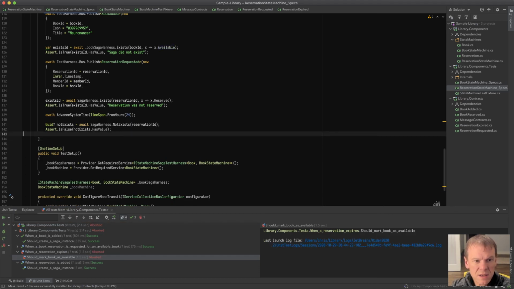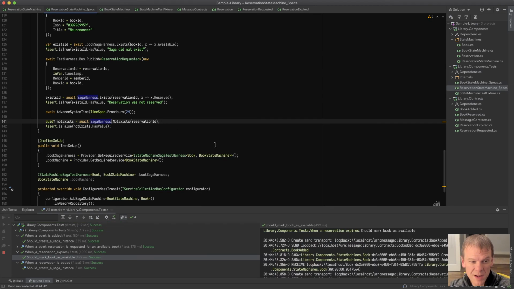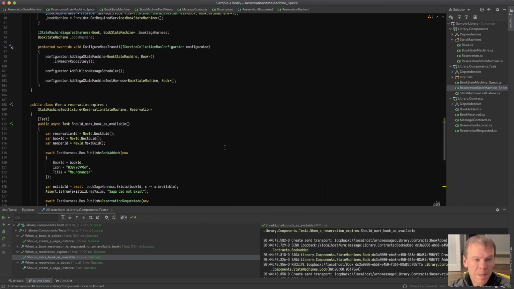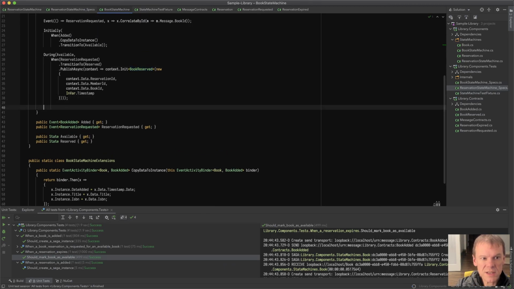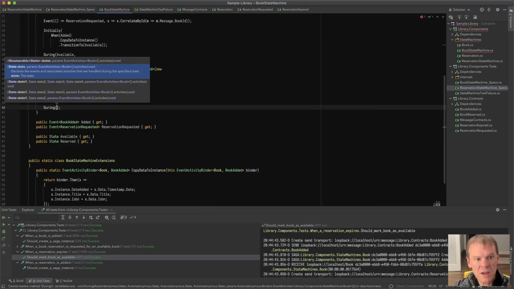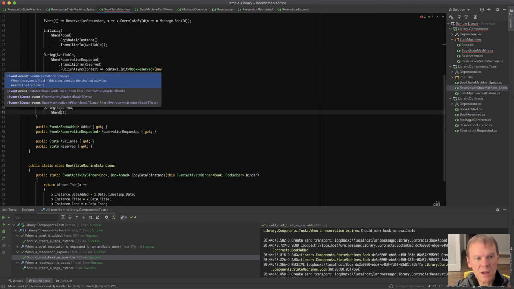Okay, so let's not get too hung up on that because I want to move forward. I'll figure out that stuff later. I might have a 707 coming out tomorrow. We'll have to see. But I want to go to the book state machine and I want to add that other state in here. So during reserved, when, and I don't have a message for this. So if we remember, the